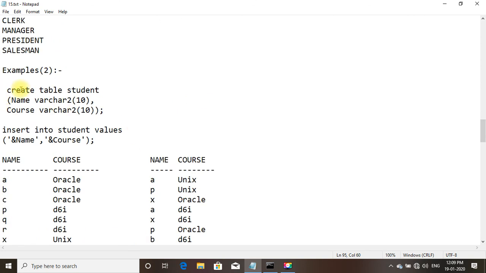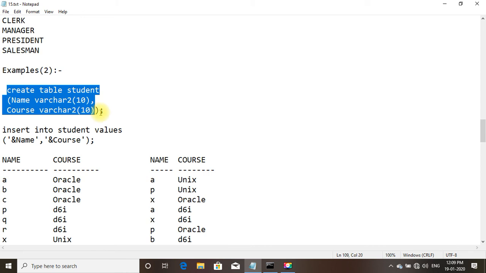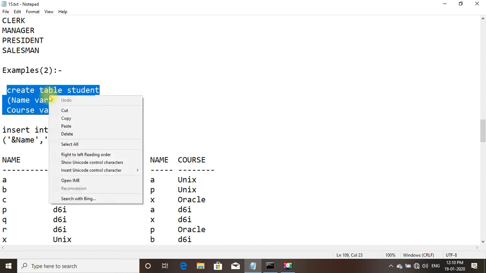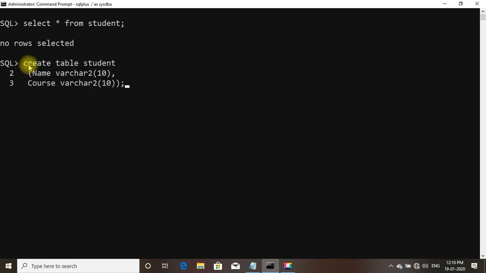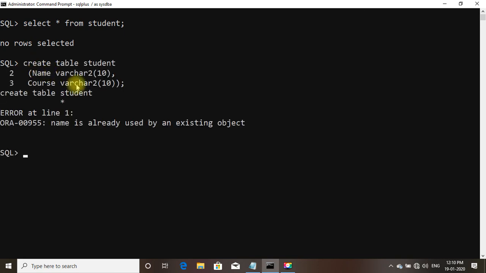Or we can also create the table student right now. So we shall create the table student, copy and paste. It is showing the name is already used by an existing object.